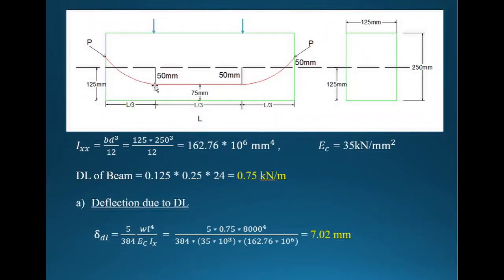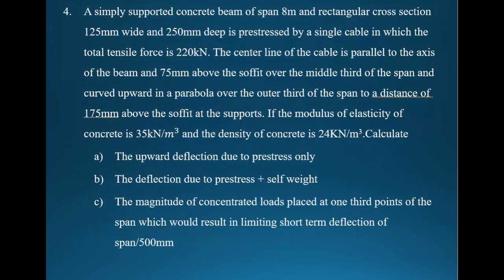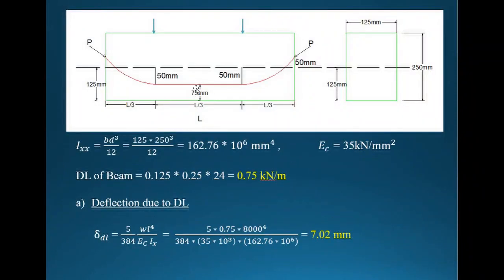So it is understood that from here to here this is center line, from here to here it's a straight line, this is parallel to the beam axis. That is over, and 75 mm above the soffit over the middle third of the span. They are talking about this. So from the bottom up to the cable it is 75 mm,